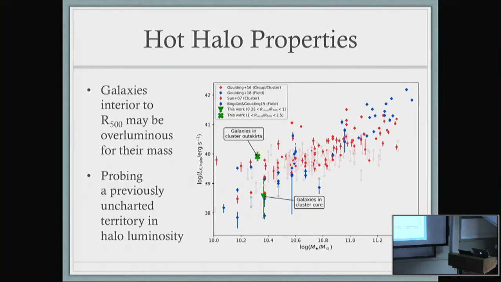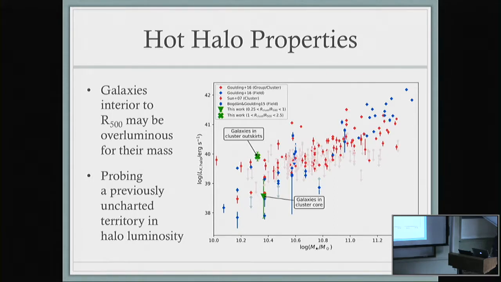So we can compare that to what other people have measured. All these blue and red points are pointed observations for the most part, and they're all over the local universe. The point is these two green points, we have two stacks at the same stellar mass, basically, with about 2 orders of magnitude difference in X-ray luminosity. And this is the halo component only, right? So this is the residual above AGN, X-ray binary, and background. And so galaxies in the cluster outskirts have 2 orders of magnitude more X-ray luminosity in this fluffy halo component than galaxies interior to the virial radius. And that's kind of cute, I think.